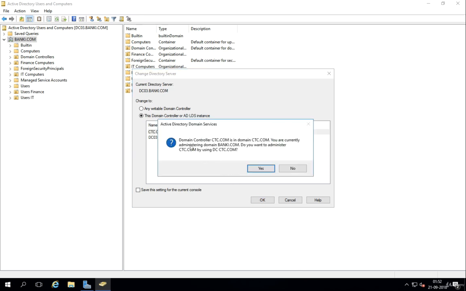Now this pop-up box will show that this domain controller is in domain ctc.com. You are currently administrating domain banky.com. Do you want to administrate ctc.com by using this ctc.com? It is asking for permission, right? So if you want to administrate ctc.com from your banky.com domain, you can click Yes, or if you don't want to, you can click No. So here I click Yes,